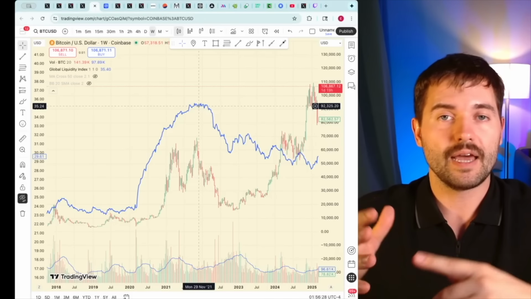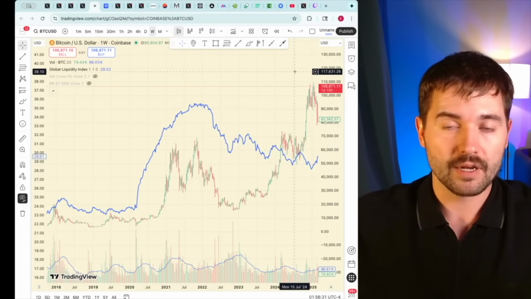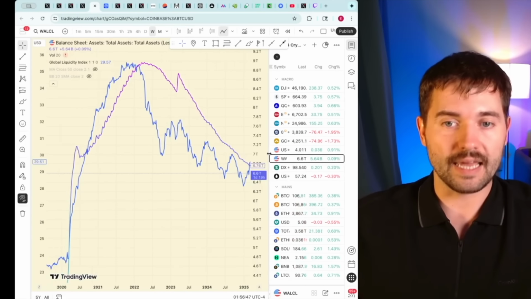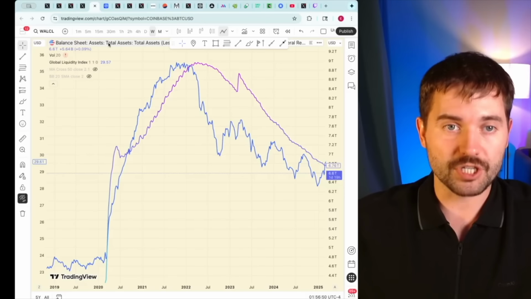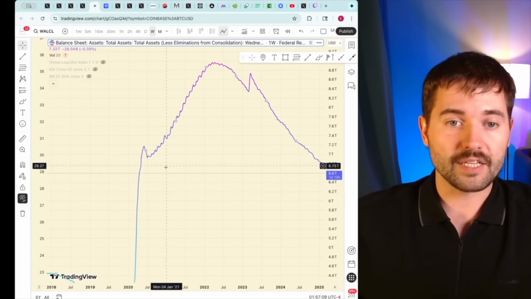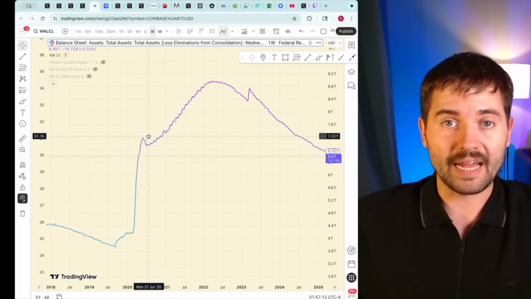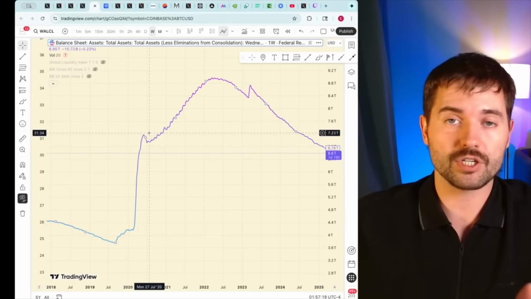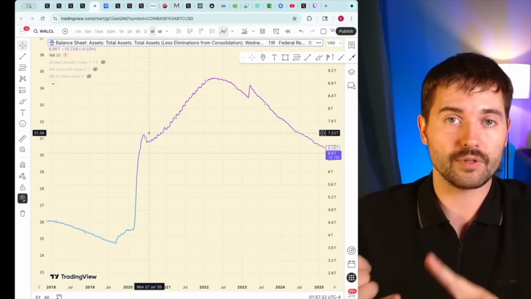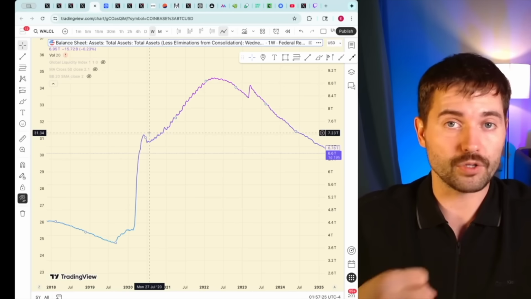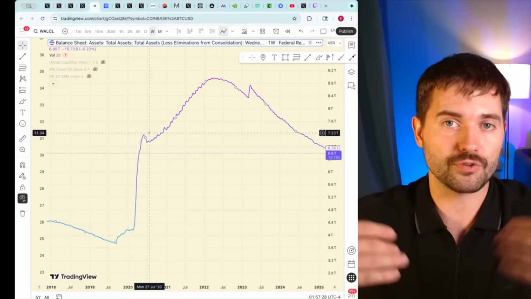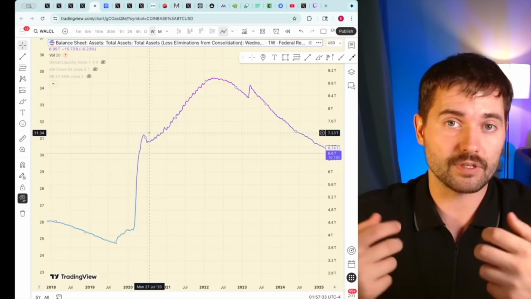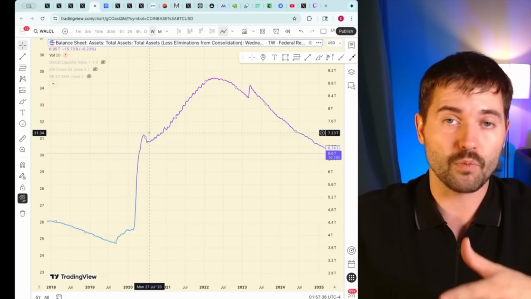The fiscal policy has two ways to affect global liquidity. First is the interest rate, as I mentioned, and the second one is WALCL, at least on TradingView, and that's the balance sheet of the Federal Reserve. So the Federal Reserve can start buying things on the public market. They can go into the stock exchanges, and they can also not only buy shares, but they can also buy bonds, obligations, debts. Companies issue not only stocks, but also debts to finance their activities. And the Federal Reserve can start buying those papers so that there is more money in the system.